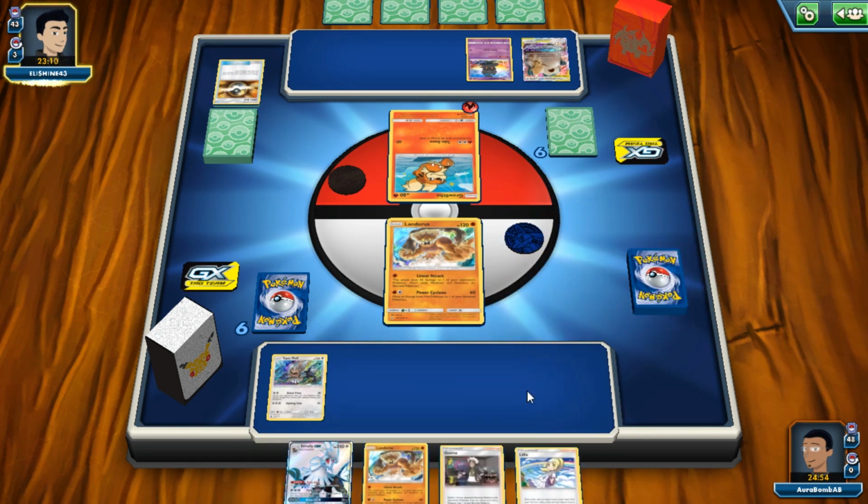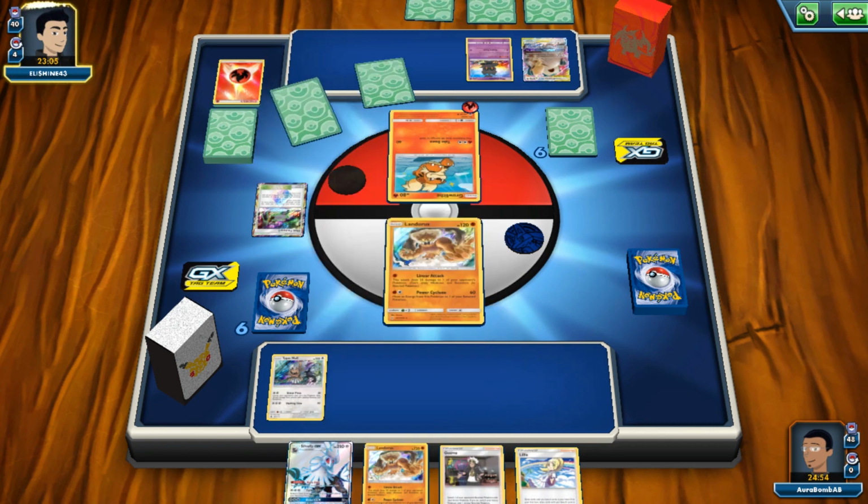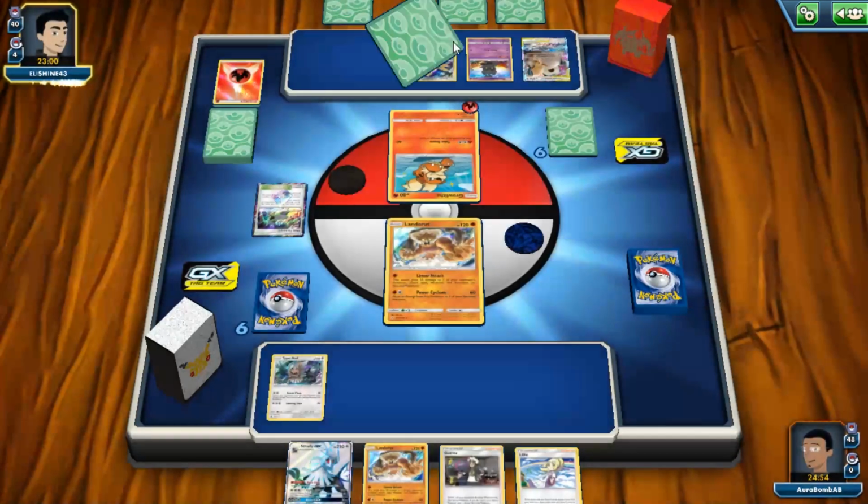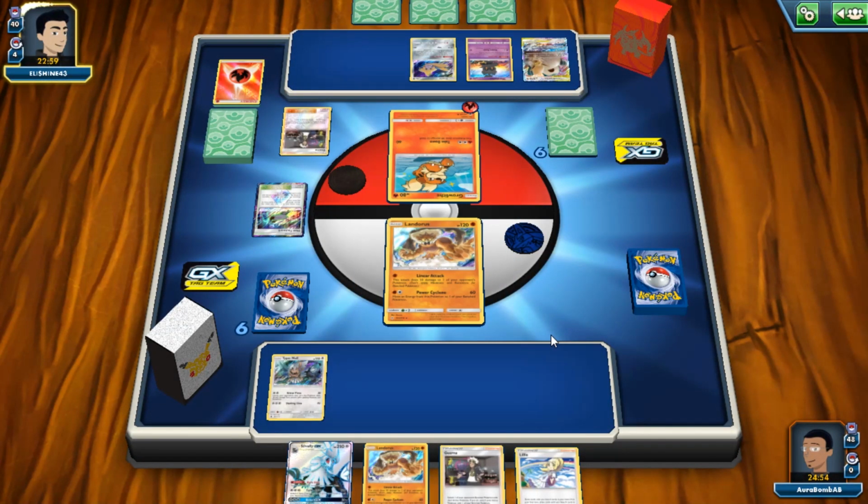There's a Lily and a Silvally, but no fighting energy, which is the biggest concern I had. Linear Attack's going to be pretty useful this game, so I'm probably just going to be abusing Linear Attack to put damage on Reshizard and stuff like that. And if he benches one more Pokemon, we can just GX the Snorlax, we can GX the...